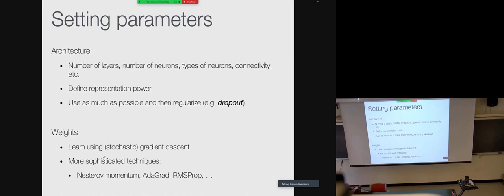We'll see that we learn the weights by doing stochastic gradient descent, and we've seen that already. We've seen gradient descent for linear regression and for simpler models, but we use the same thing for neural networks. There are also more sophisticated techniques to learn these weights, such as momentum techniques, adaptive gradients, and so on. There are methods that, for example, use Hamiltonians, that use inertia, all these kinds of techniques that we can use to optimize them.